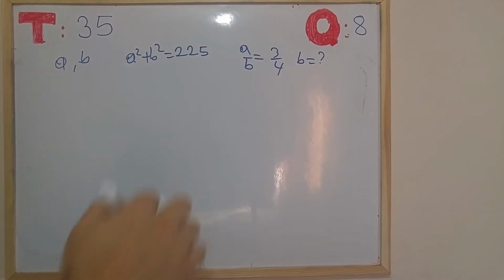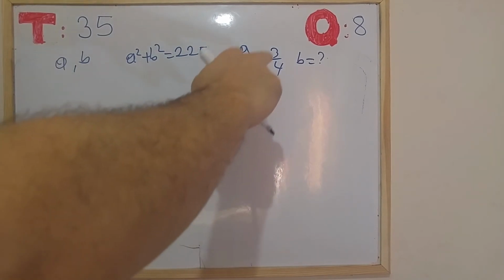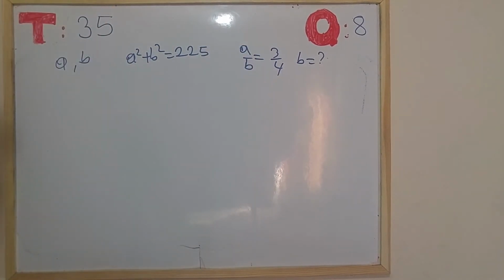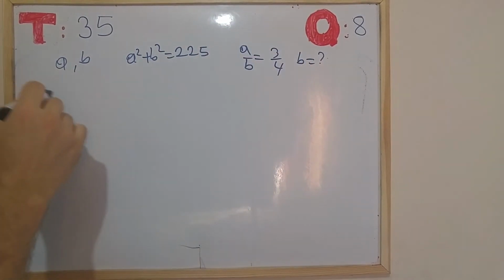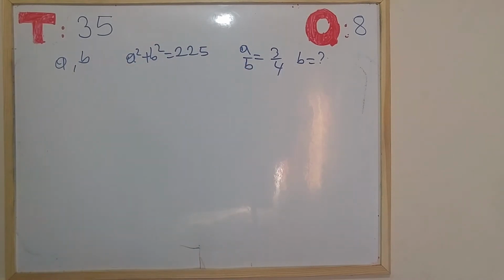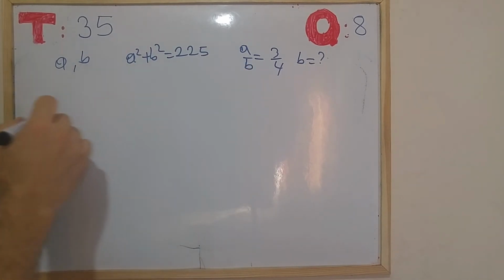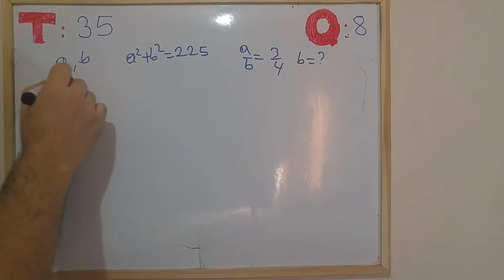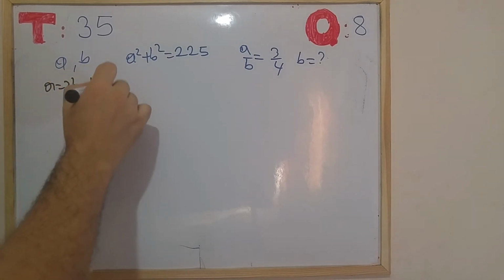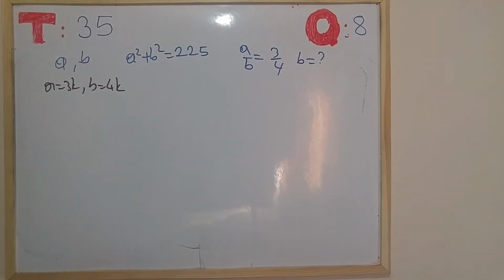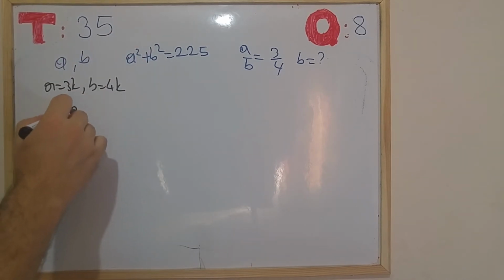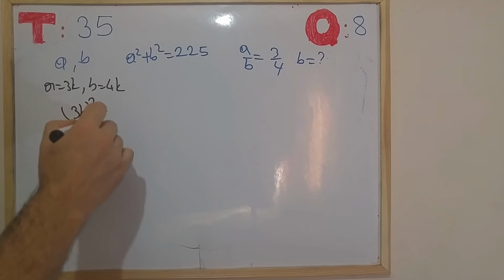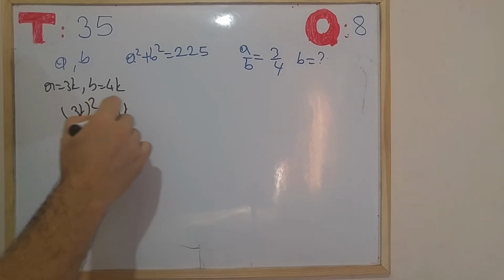So let's say that there's a proportion between a and b. Let's say that a is equal to 3k and b is equal to 4k, so the ratio will be kept. So a is equal to 3k, b is equal to 4k. Let me replace the squares by 3k and 4k respectively. So (3k) square plus (4k) square